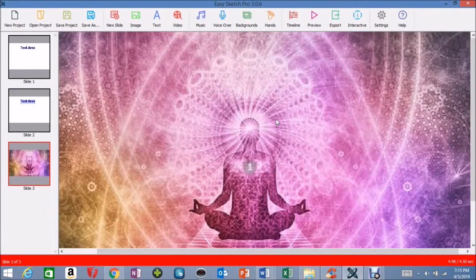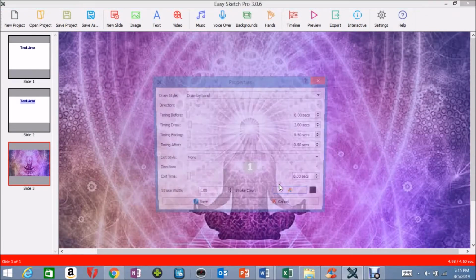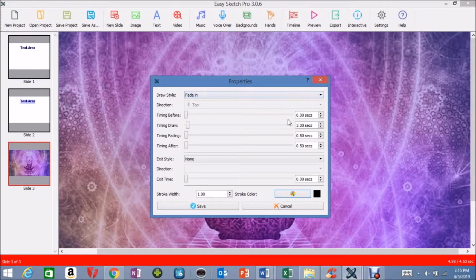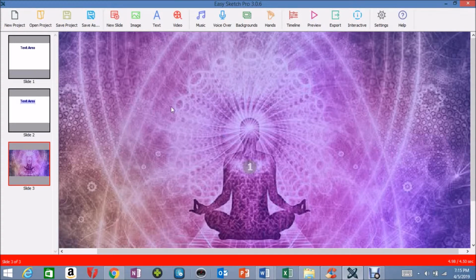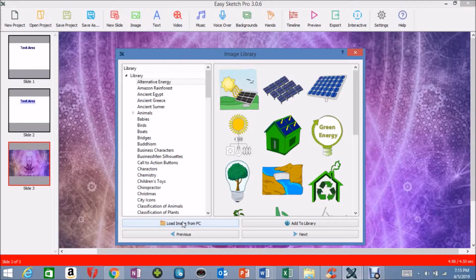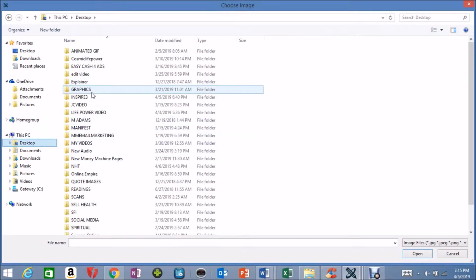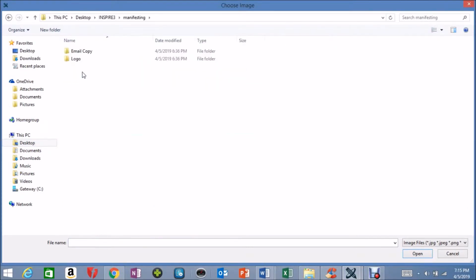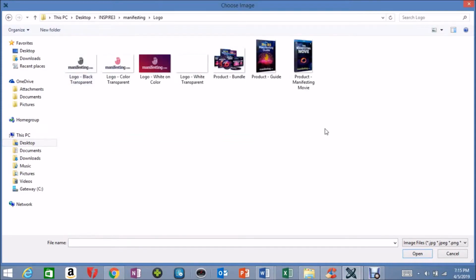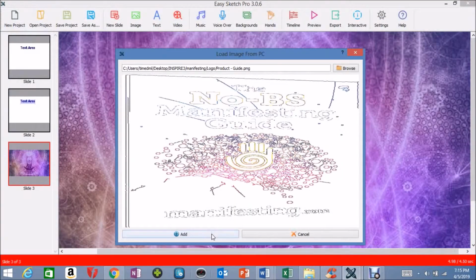Okay. Let's say I just wanted this to fade in, and I want it to fade in rather quickly, so I'll move that down to like 1 second. Okay. And save that. Okay, and let's say I want to add a product image over top of this. I would go look for the product image. Let's say I want to use this manifesting guide. Open that, add it,